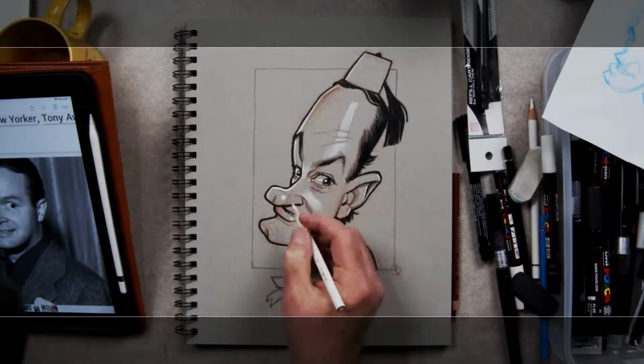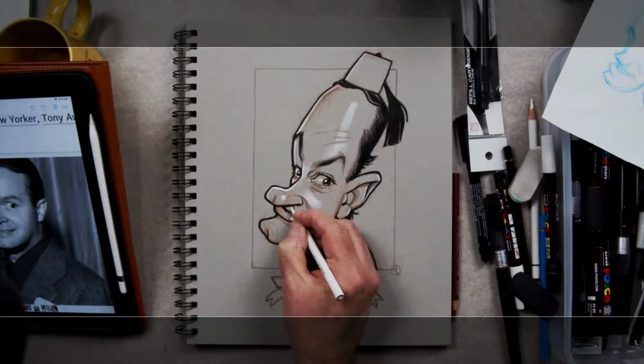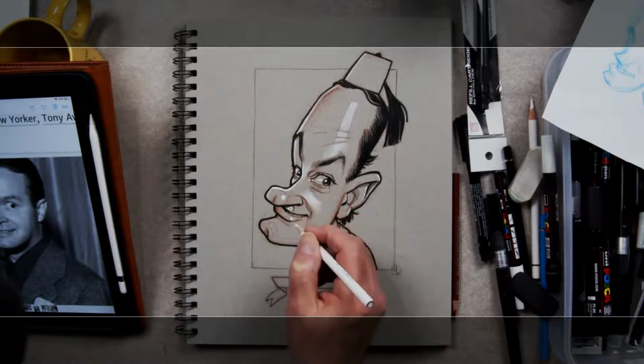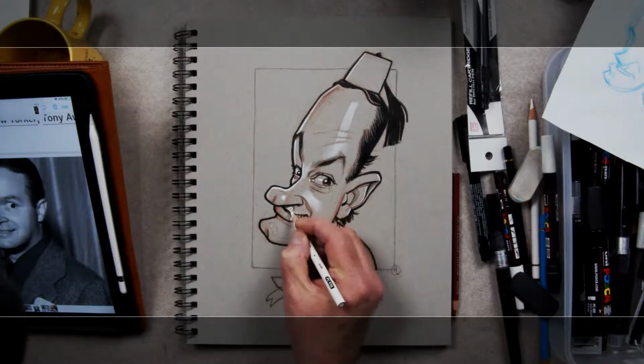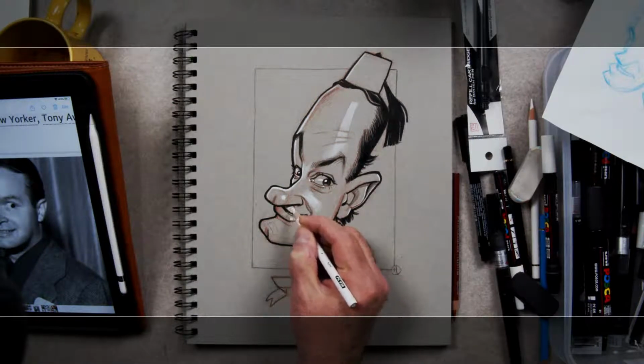It's just one of those things that I never got around to drawing, Bob Hope, but he's always been part of my life in many ways. He's the comedy styling of Bob Hope. He's very out there. He's very influential.